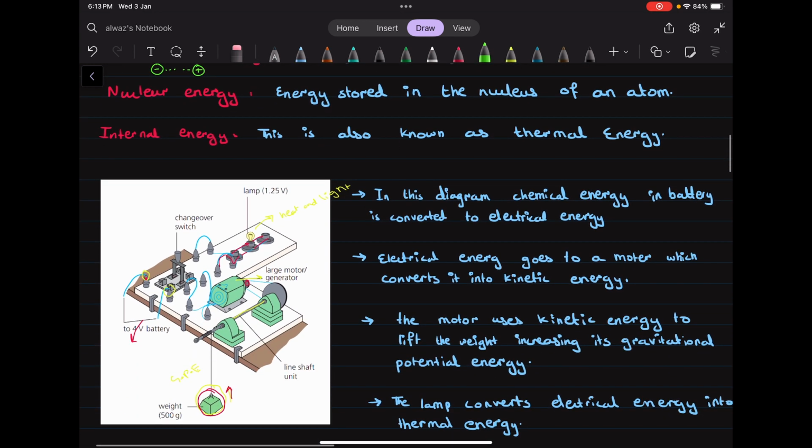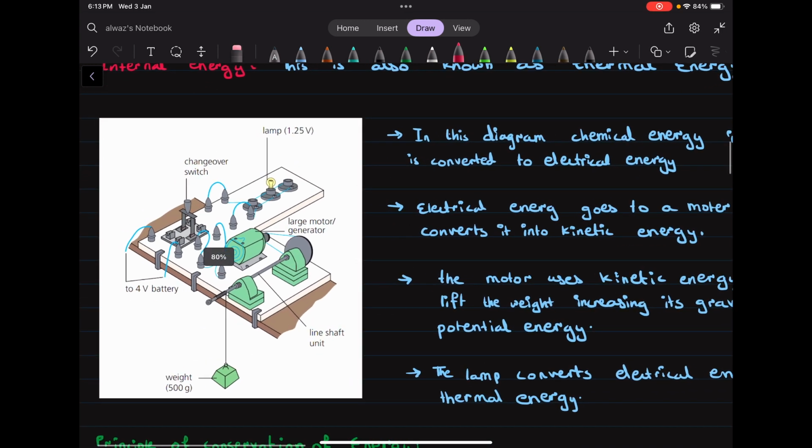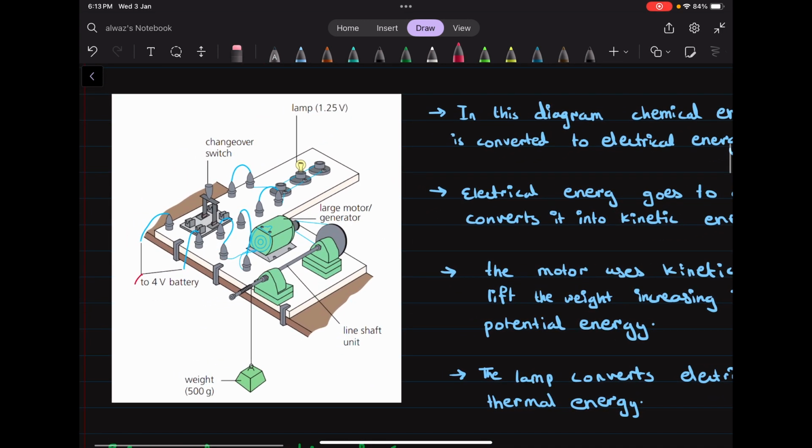So this is a very neat diagram which goes over different types of energy conversion. Let's talk about all the different types of energy conversions. Okay, in this diagram, we can see that there's a 4-volt battery connected, and we know that in batteries, there are chemicals storing the electrical energy. So we see that from chemical energy,